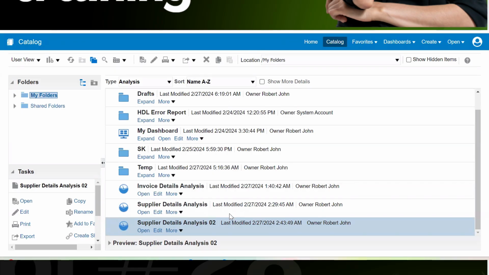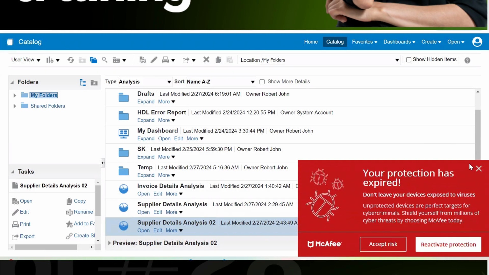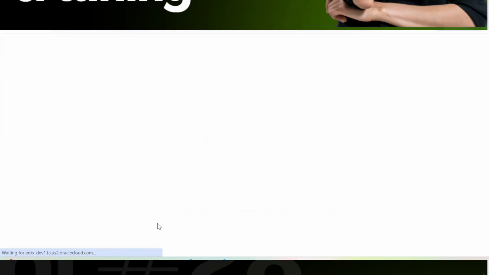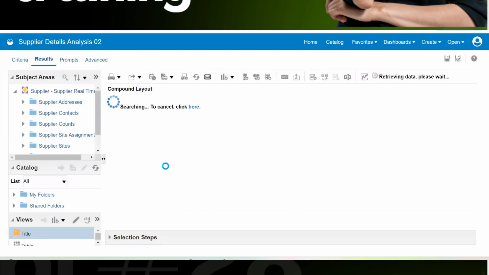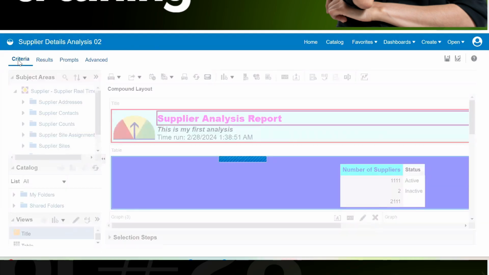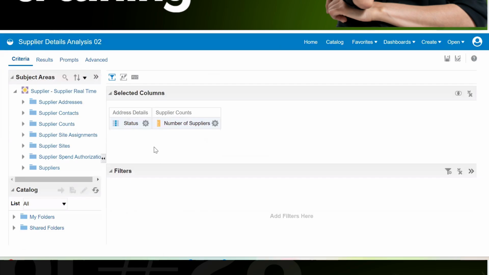In addition to that, if we want to open the analysis, we can open it by clicking on Open, and in case we need to edit, we can click on Edit to edit the analysis. If we have to edit the analysis and add more columns, we can select different columns and display them.